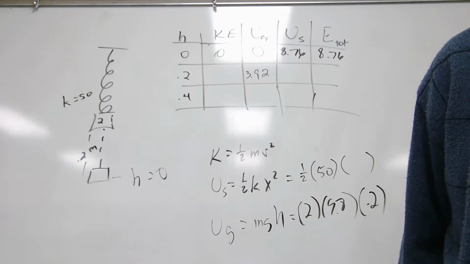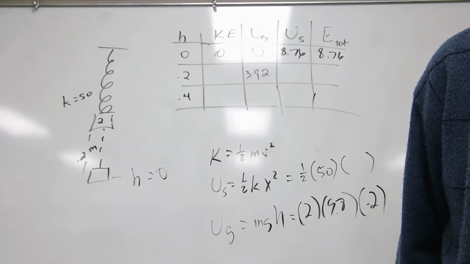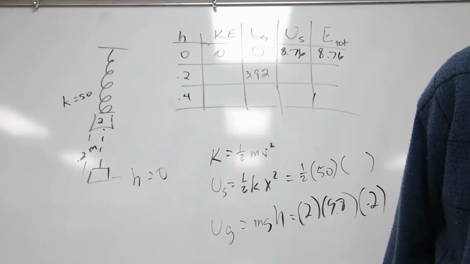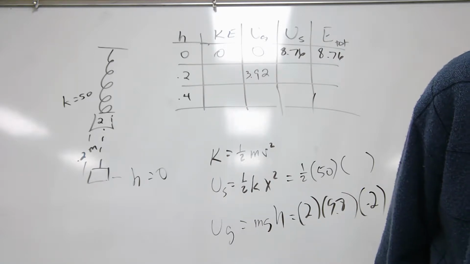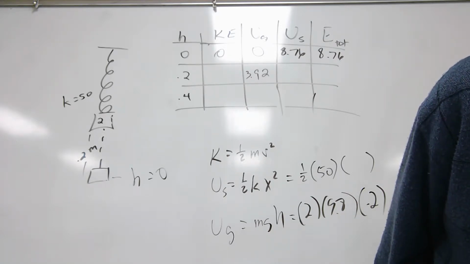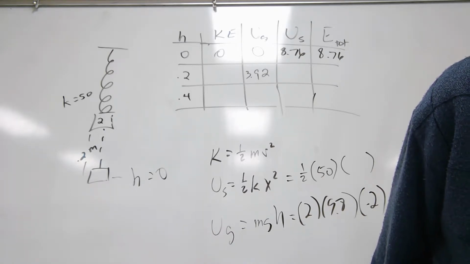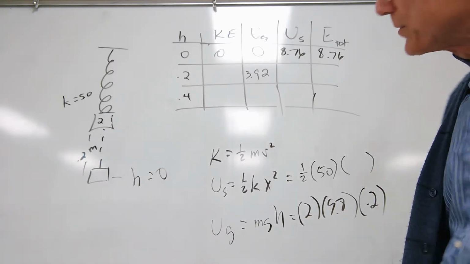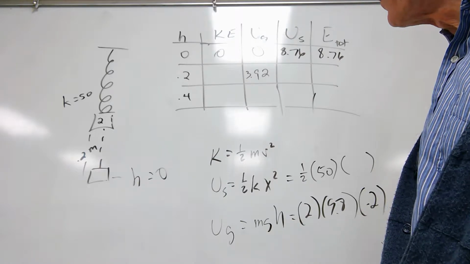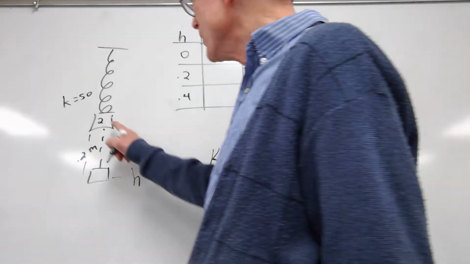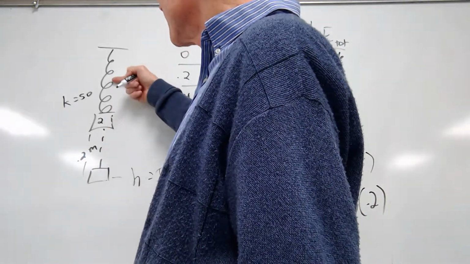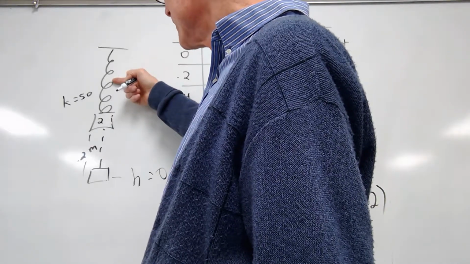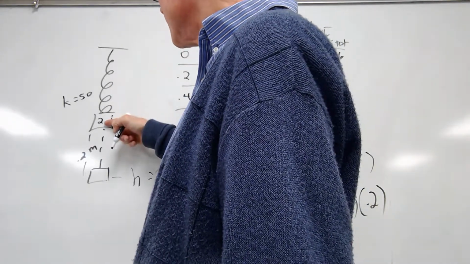It's not 0. I don't know what it is, but we know the mass, so we have to figure out what that is. We know the mass, which is mg. When it's right here, the spring's equilibrium position is up here. So when it's here,